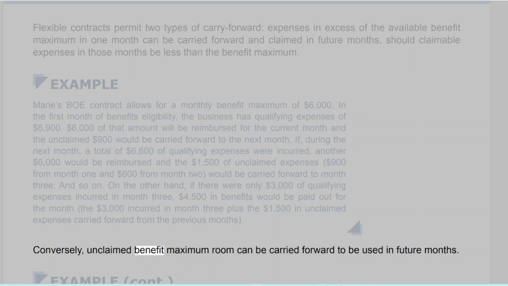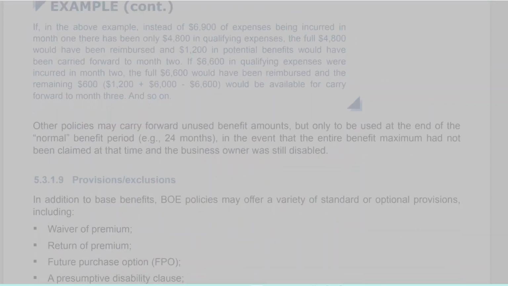Conversely, unclaimed benefit maximum room can be carried forward to be used in future months. Example, continued. If, in the above example, instead of $6,900 of expenses being incurred in month 1 there had been only $4,800 in qualifying expenses, the full $4,800 would have been reimbursed and $1,200 in potential benefits would have been carried forward